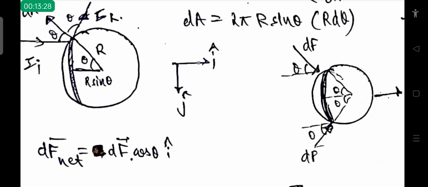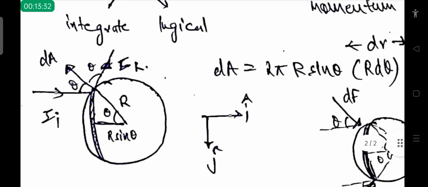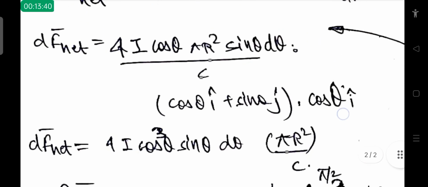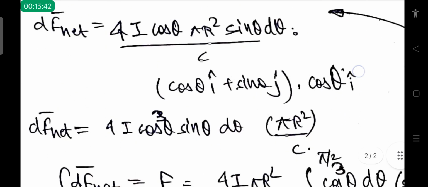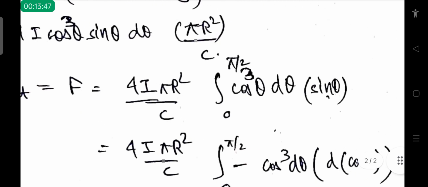At an angle theta and then d theta, because that's why, I should have shown that here, that at an angle theta we have taken d theta area of that width. Correct. So now if we integrate this force, which is 4, and we have taken out the constant